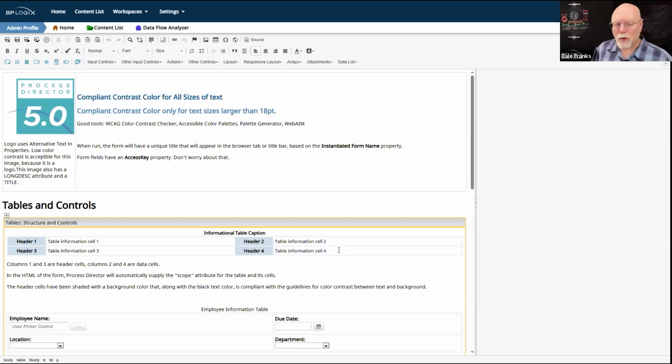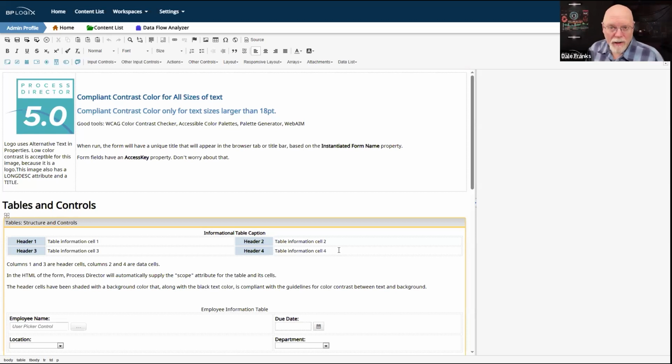Like I said, we'll try to work them in where we can, but the development tool, Process Director, as opposed to the applications that your end users see, does not conform to the WCAG standards. And of course, in most cases, it would be an impossibility to do so for development tools. We're in a sort of a different paradigm on the development side than we are on the end user side. But on the end user side, you can and should make accessible forms.